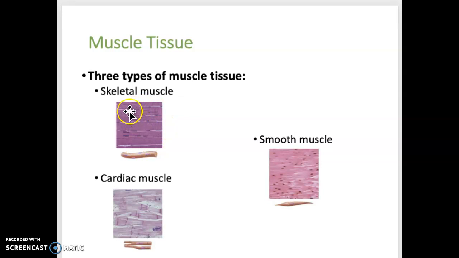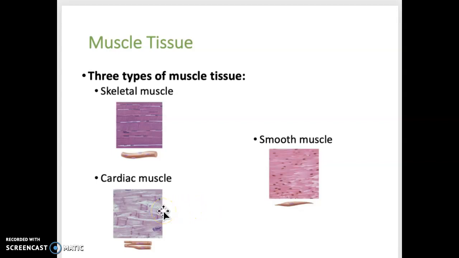You can see little stripes or striations on these fibers. And these fibers are voluntarily controlled. This type of muscle is attached to bones. Cardiac muscle, shown below, is composed of striated, branched fibers that are involuntarily controlled, and this is located in the